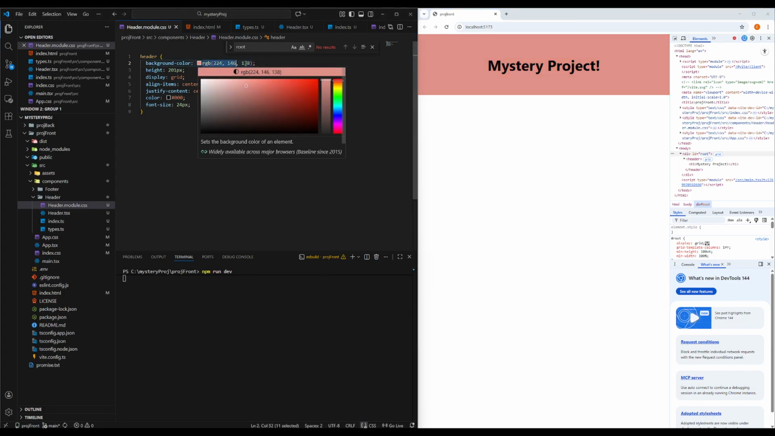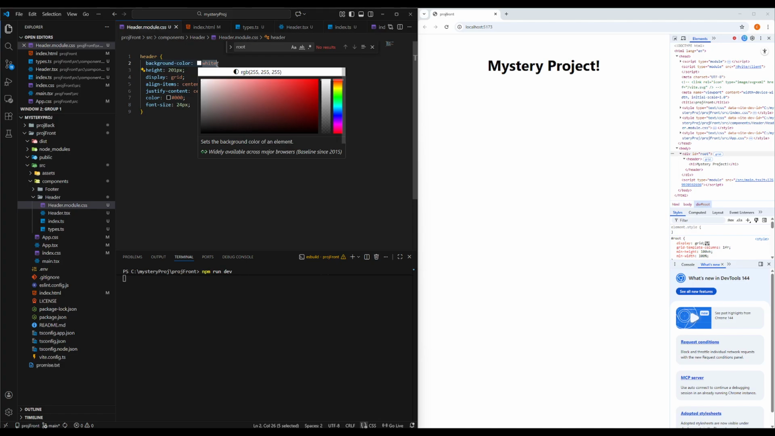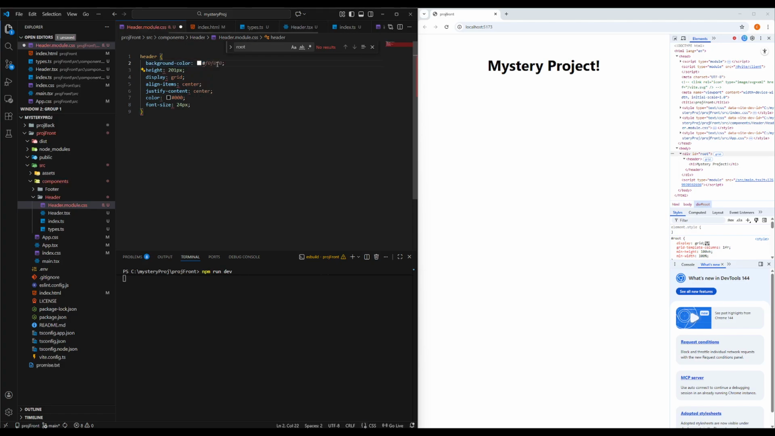Okay, let's go for white for right now. Then I'll look it up. Colors, nice colors. Actually, I don't like these names. I don't like this name, so we're going to use that. And that's just FFF. FFF. Like that. Or better yet,